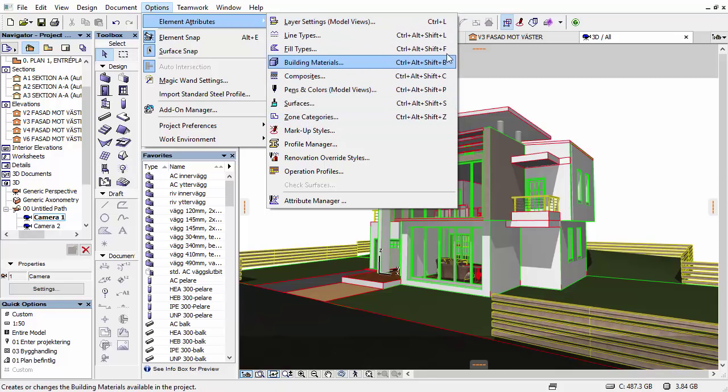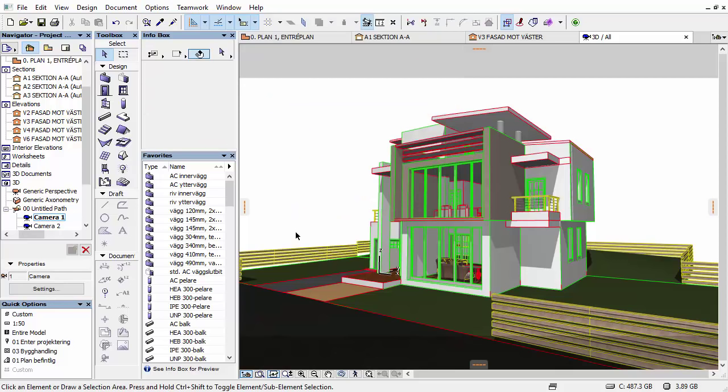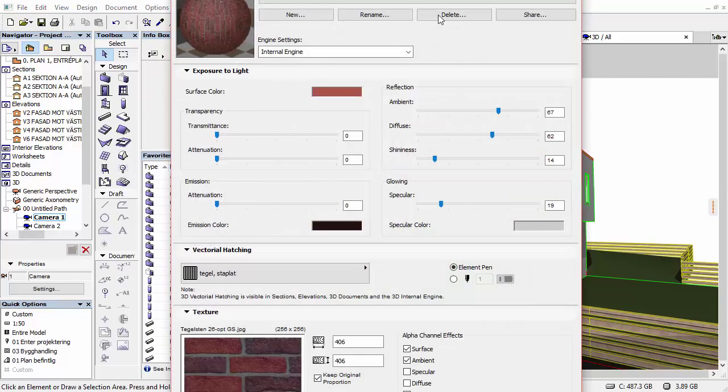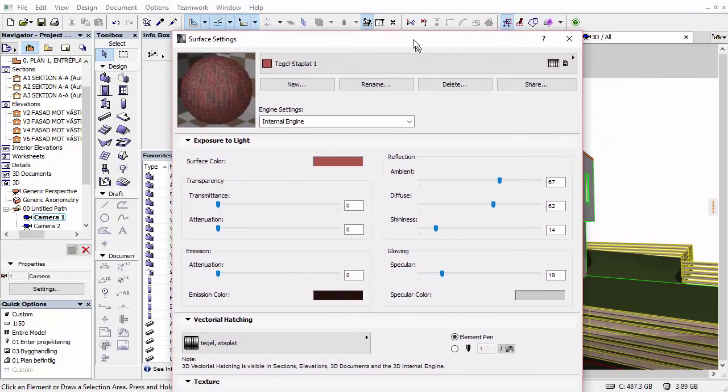You can see all my other shortcuts here, like if I need to get to the building materials. I just have that rule of thumb: Control Alt Shift, and then the first name of the attribute that I need to edit. So I'm going to use the surfaces for the moment, so I can explain a bit about the